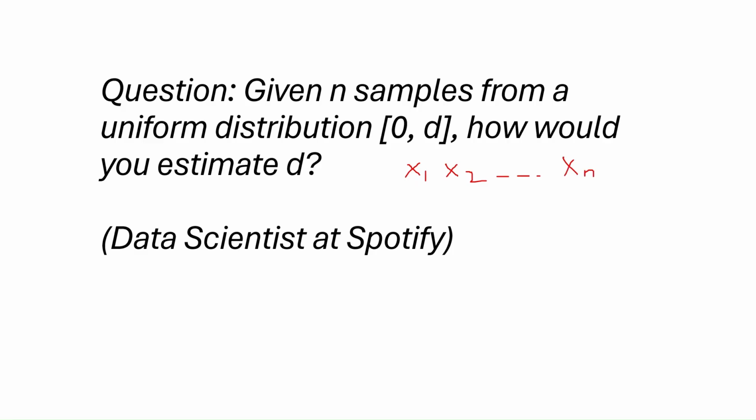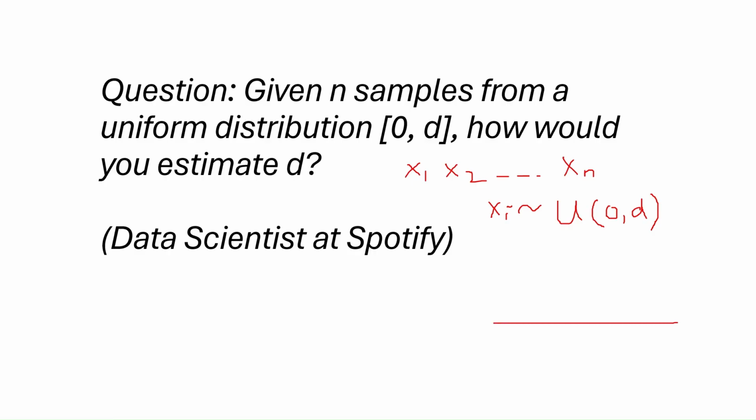We are told that these samples come from a uniform distribution. So xi comes from a uniform distribution denoted by U between 0 and d. And we are asked how do we estimate d? So